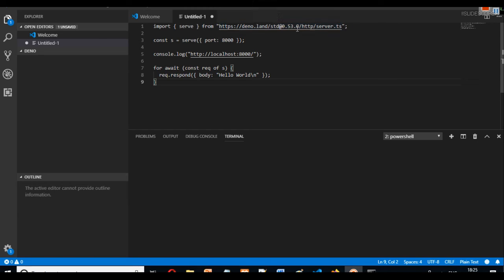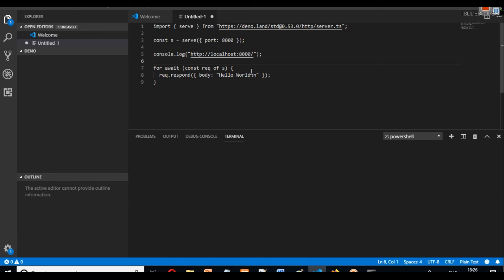The version number is mentioned here, and we are pulling a method to serve the web application. We are serving on port number 8000, and there's a console log so that this particular URL will be printed in the output, so that we can copy and see it, and the output on this URL will be this body text, which is hello world.